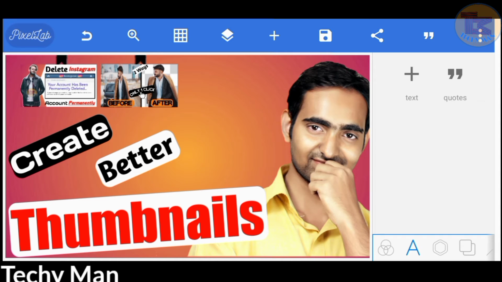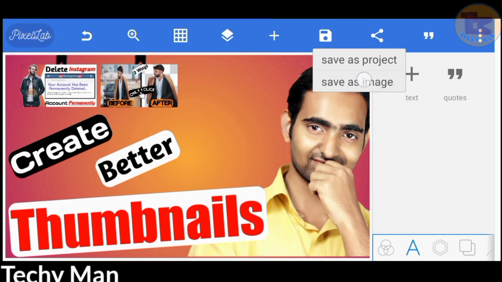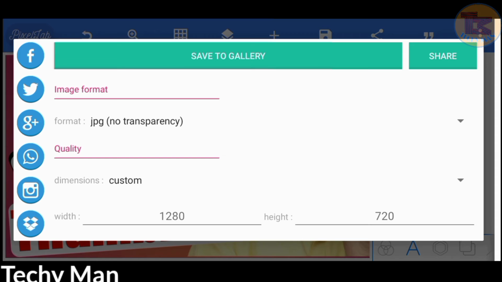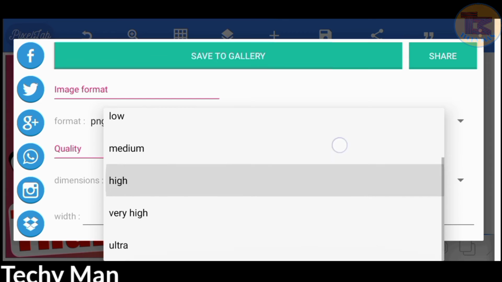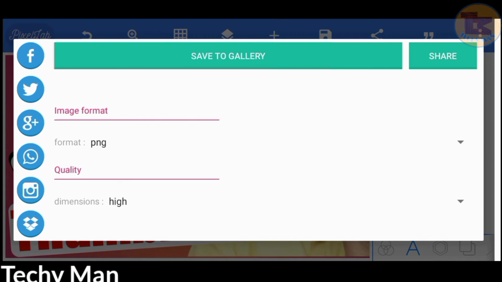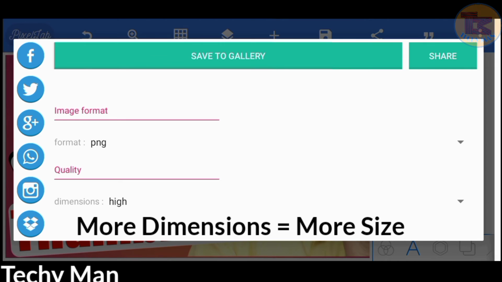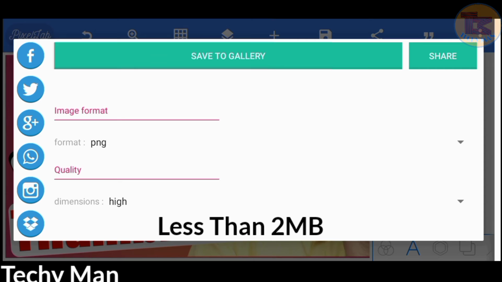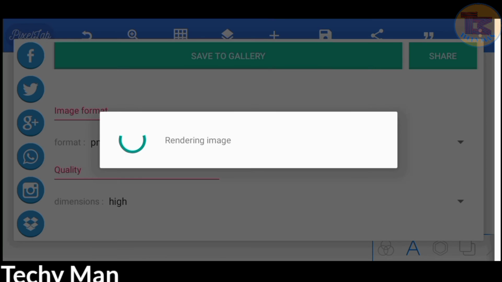For that, just click this button and save as image, and then choose the image format to PNG and choose the dimensions to high or very high, even ultra if you want, but please make sure that the more dimension you choose, the larger the size of your thumbnail will become. So please make sure that your thumbnail size is less than 2 MB, because YouTube doesn't allow you to upload more than 2 MB thumbnails. So now after doing that, just click save to gallery